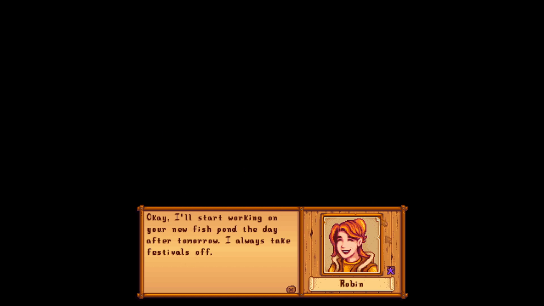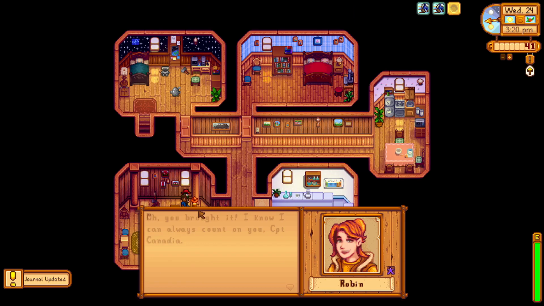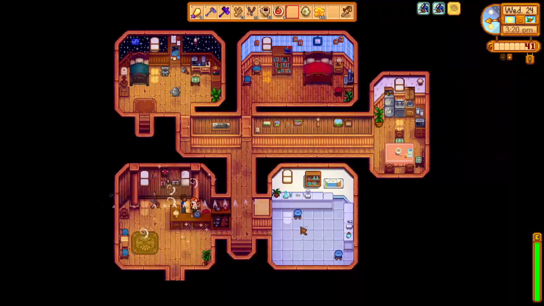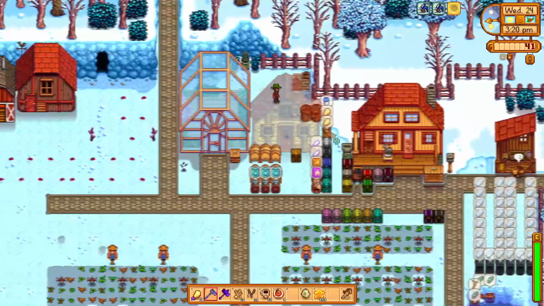Robin won't actually start on that until the next day because tomorrow is a festival day, so she won't start on that until the 26th, so it probably won't even be ready until year 2, so we don't really have to worry about that right now, not that big of a deal. And after giving her 10 hardwood for a special quest, we will just head on back to the farm